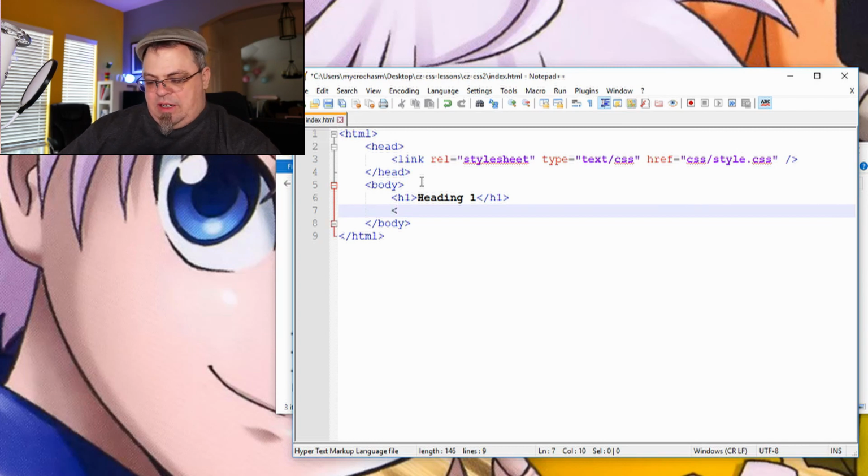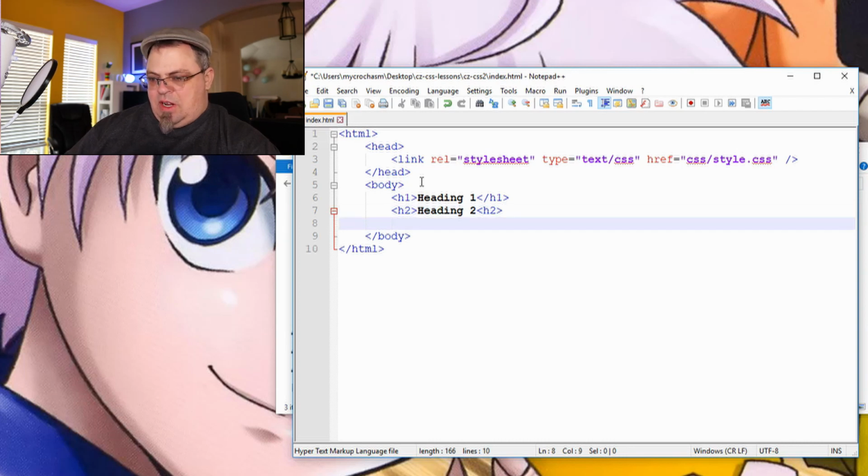So I'm going to type in less than h2 and greater than, and I want to type in the word heading 2. I'm going to add my ending HTML element. Type in less than, h2 greater than sign. All right, so I have two different tags here. Press enter. I'm going to type in one more. So less than h3 greater than, type in the word heading 3. I'm going to put a closing tag, less than /